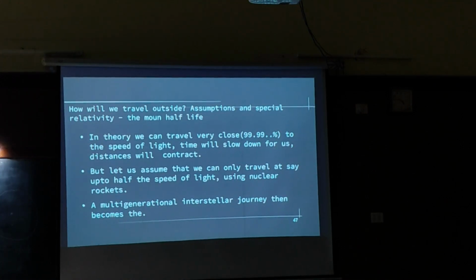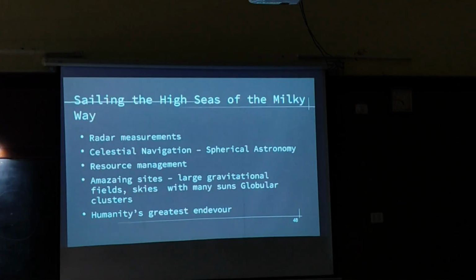We can, in theory, reach the nearest stars in our universe. And if we can hop through stellar systems like this, we can eventually realize the dream of sailing through the Milky Way. So we will be doing radar measurements, measuring new planets, teaching our kids everything we have learned, and telling them that when you grow up, you go to the star, which is the industry. It will take you 40 years of your life to